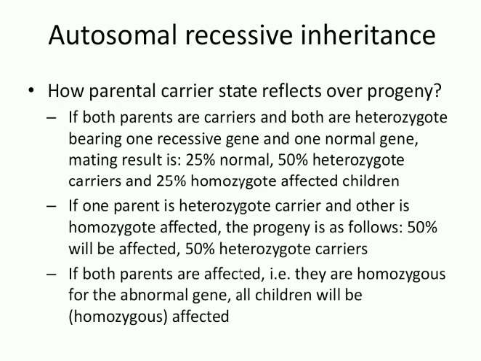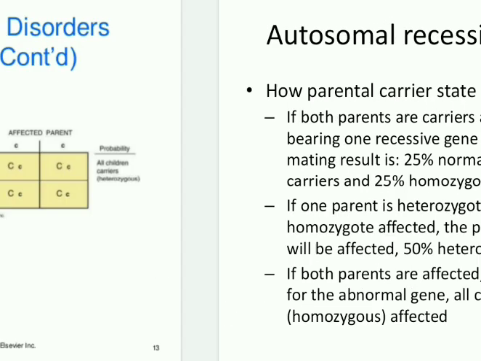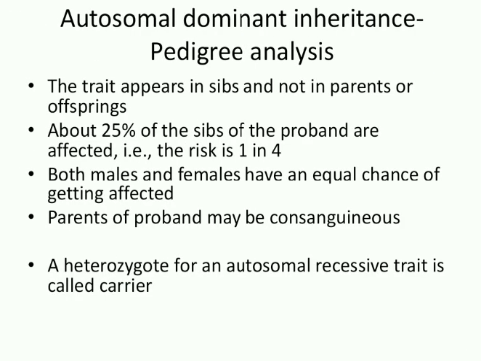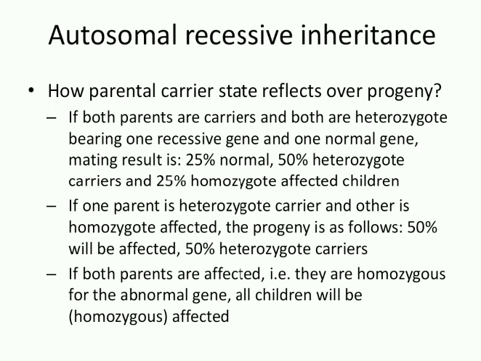In autosomal recessive inheritance, the parents are heterozygotes, that means carriers. The heterozygote for an autosomal recessive trait is called a carrier. Don't confuse this with the term used on the medical side, where a carrier is a person with an infection who is not manifesting it but is transmitting it. Whereas in genetics, it is a heterozygote state. That's all. So the parents are carriers, that means heterozygotes, but the child is homozygote.